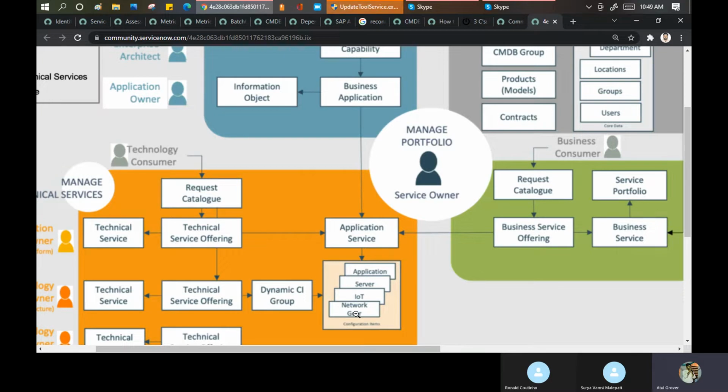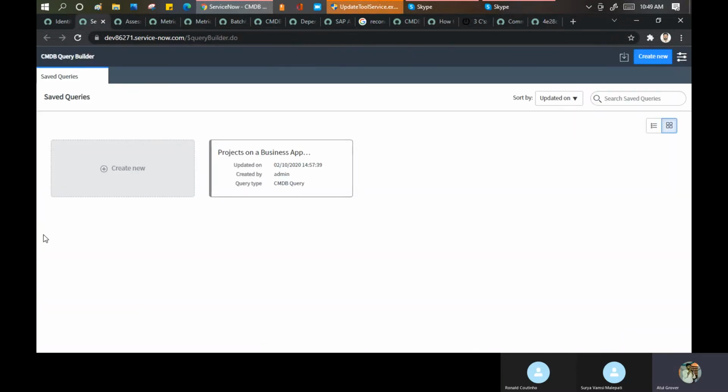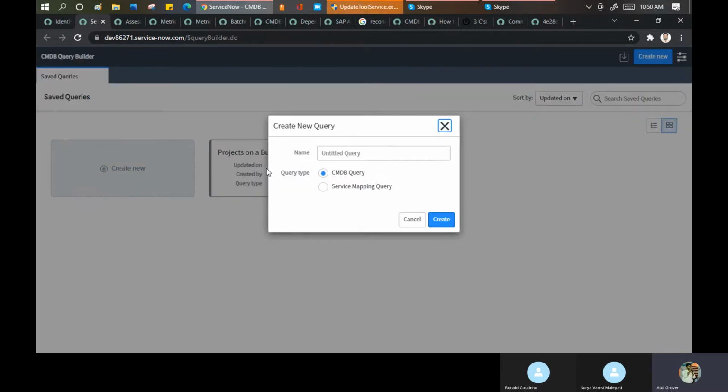By reading this document, your complete thought process will change about the CMDB. You say CMDB is nothing, so let's read this first. If you see here, query builder, here you need to build your query on the random part. I have no idea how this can be taken care of, but somewhere it has been done.